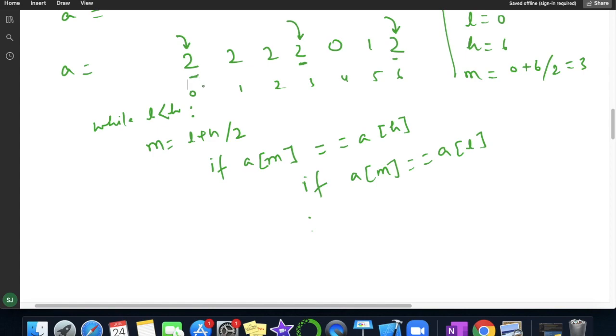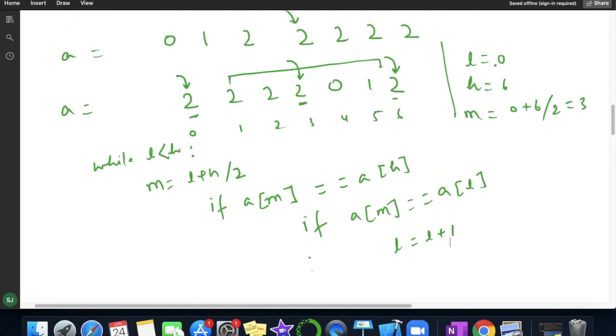So what we have to do? We will move forward, means we have to apply our logic in this section. Means we will simply move our low to low plus 1. Okay. Now you can see here my low equal to how much now? Low became 1 and high is 6. Now it will go here, low less than high, yes, 1 less than 6. Now mid will be how much? 1 plus 6 by 2, which will again be 3.